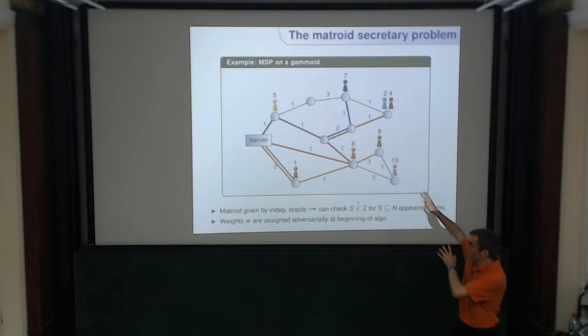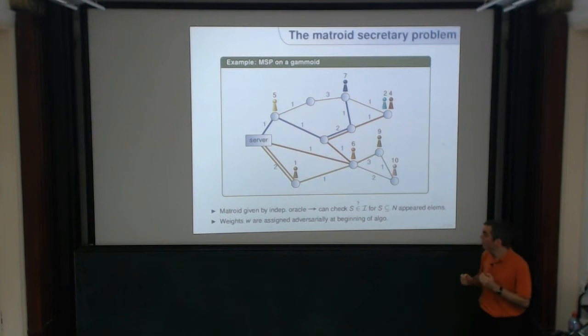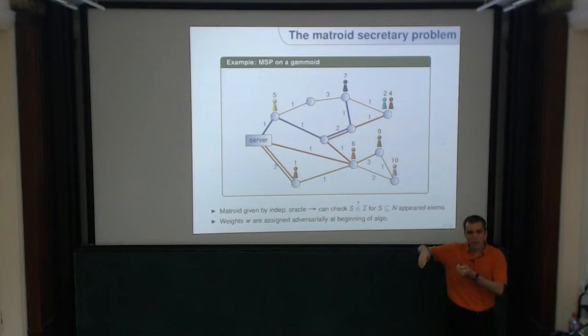So it's actually a much nicer setting that I explained here. If the full graph, the matroid, is clear up front, you know where the clients are. The problem I consider is more abstract, more general. So you will just see a client, and you can look at all the clients that appeared so far and call the independence oracle on those clients you saw so far. You don't know where future clients appear.